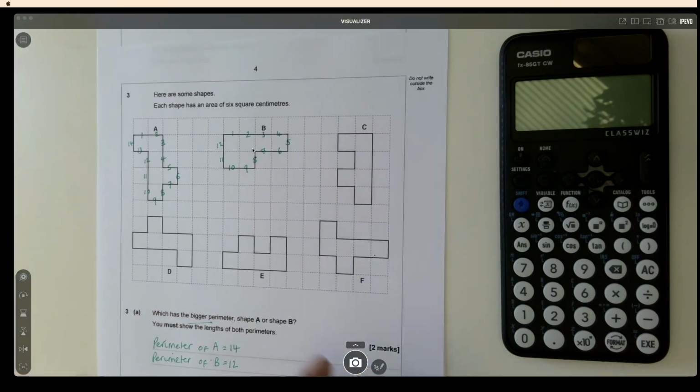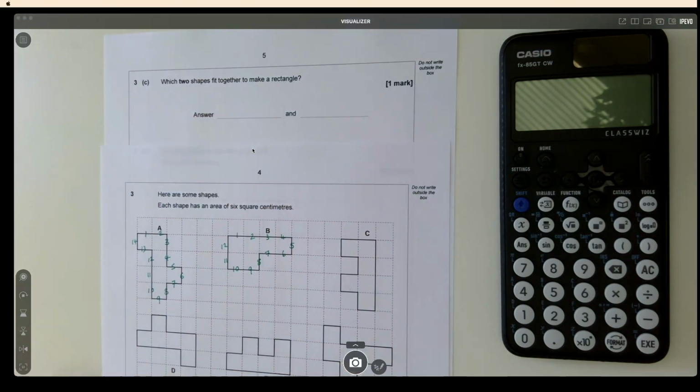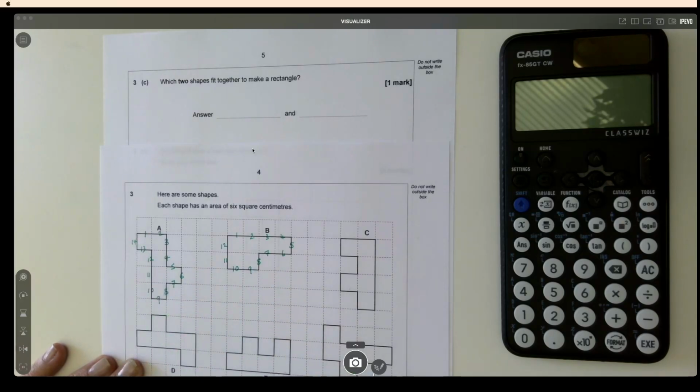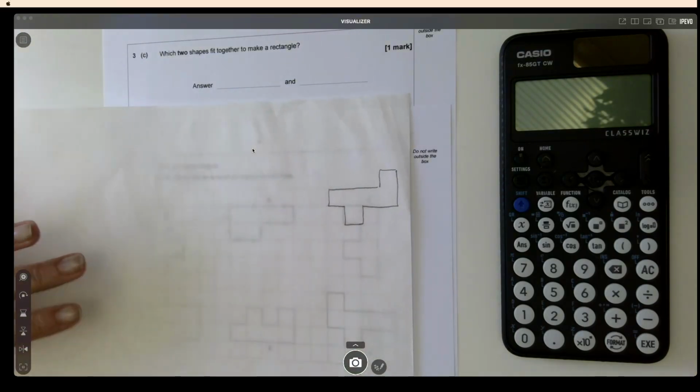3C. Which two shapes fit together to make a rectangle? Now, B isn't going to fit with any of these other shapes to make a rectangle. F, A and D have got these side pieces that are going to be annoying, so they're not going to fit. So I'm looking like it's going to be E and C, but again I can check,